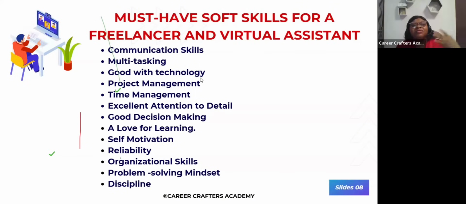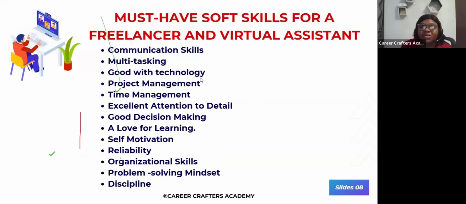So if you want to work as a freelancer or as a virtual assistant, you have to be reliable. Remember, these people are not dashing you money. They are paying you for your time. They are paying you for your skill. They are paying you for your service. So you actually need to be reliable. If they want you to submit a project at a particular time, you need to actively work on it and be prepared to submit at that time. If for any reason you will not be able to meet up, you have to let them know in time, because this could affect their business or their company. So you actually need to be reliable.